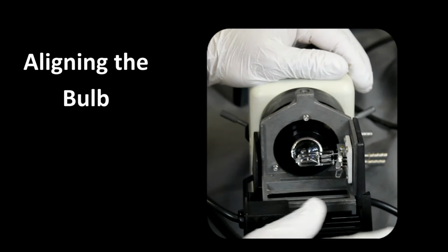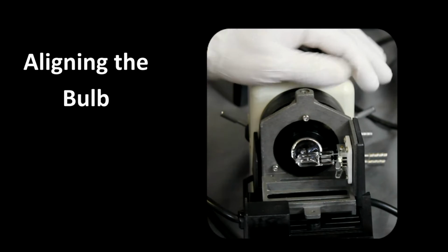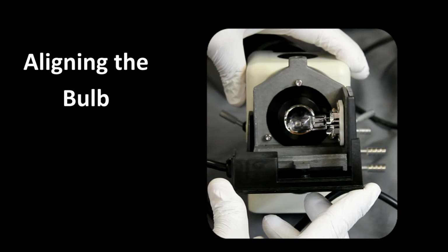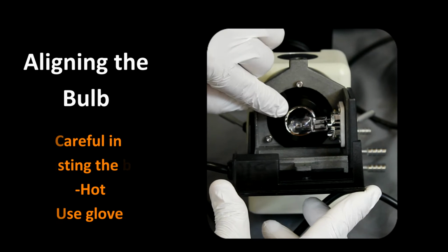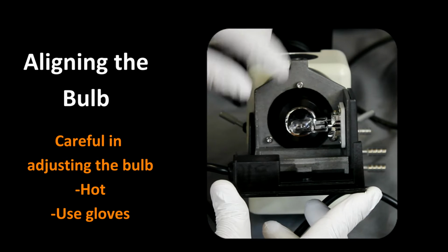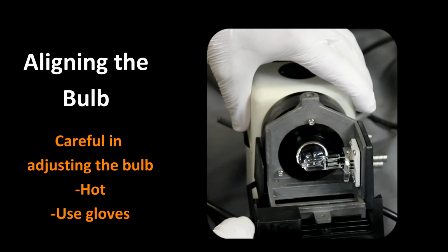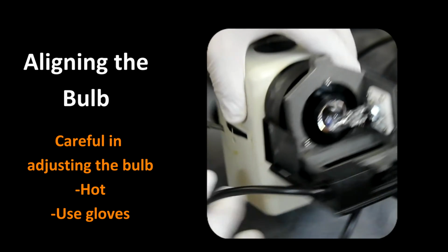Now the light bulb, by pressing these two levers here, will allow it to pull out. So what we want to do as a rough measurement is have this aligned to about the center of this lens here. Now in many cases that might be sufficient enough, but if you really want to optimize the light,